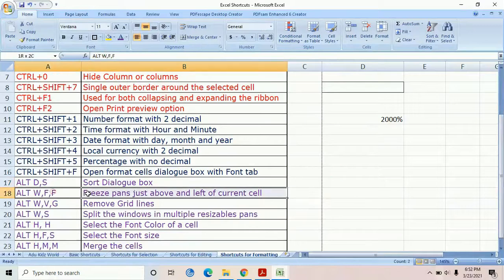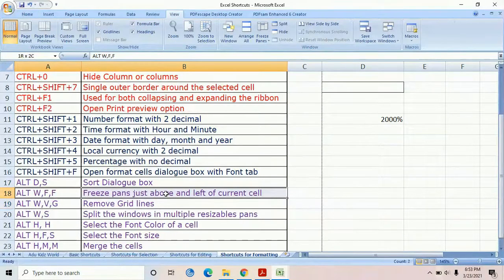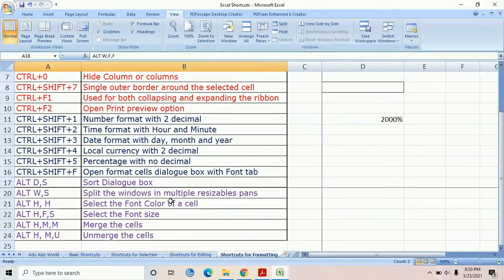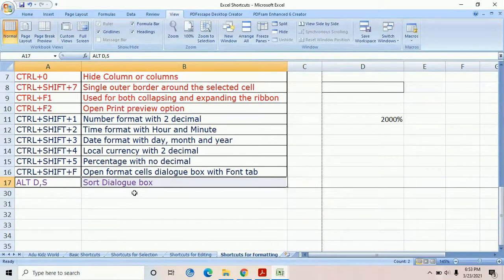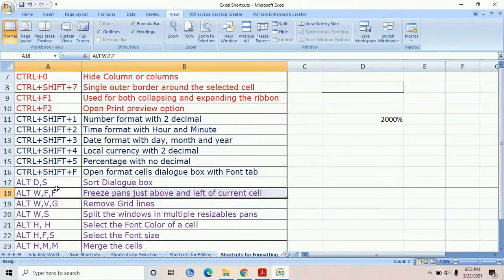The next one is to freeze the panes. Suppose I'm selecting these two and I do Alt W F F. Now see, this has done a freeze pane. If I go down from this particular row and column, everything that you go down will be visible. From this onwards, if you go down, you can see everything has gone down, and using the same W F F you can unfreeze the panes as well.